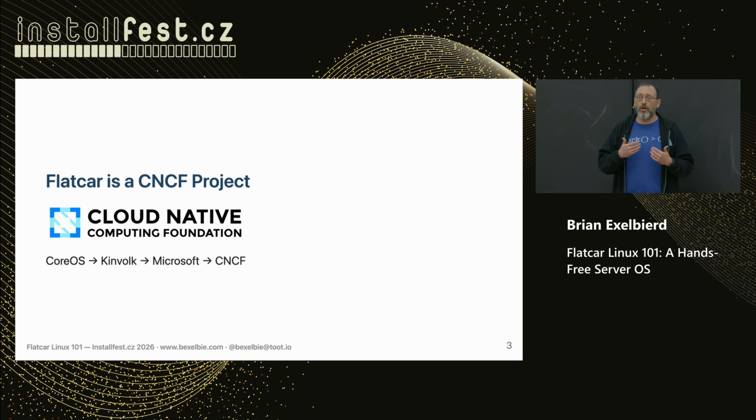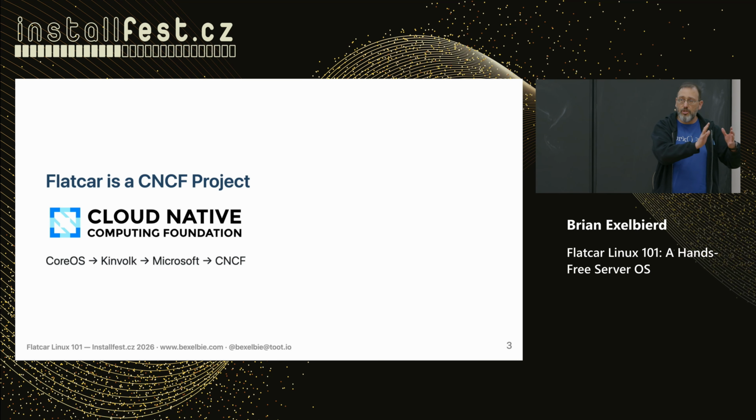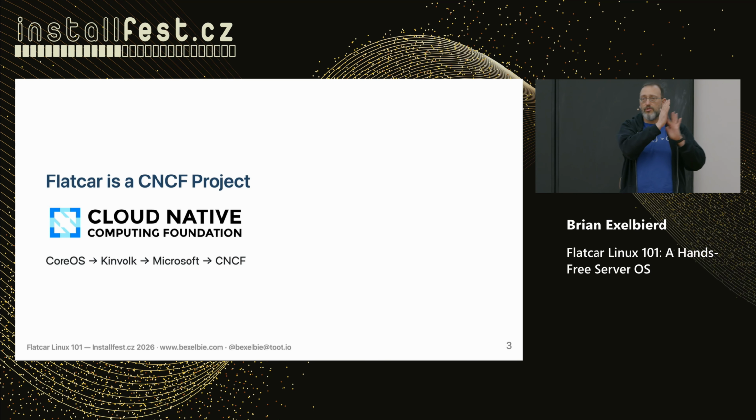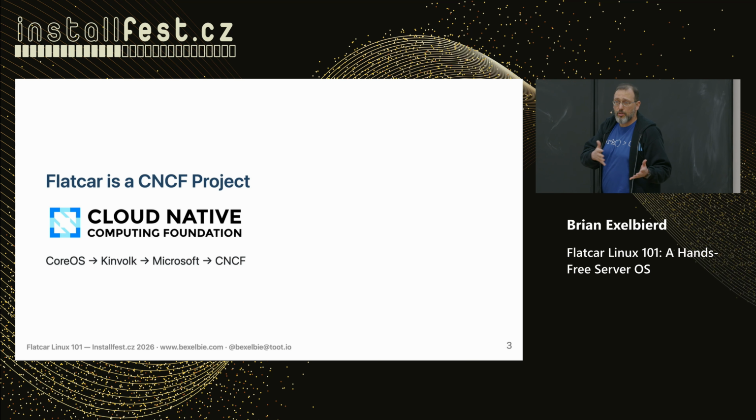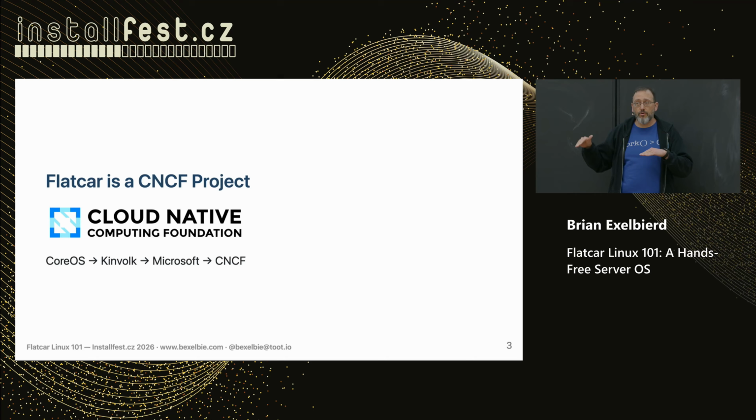Flatcar started as something called Container Linux by a company called CoreOS. CoreOS was purchased by Red Hat, and they took the code and their Project Atomic, and they mashed them together, and they now make all of the CoreOSs in Enterprise Linux: Fedora CoreOS, Red Hat RHEL CoreOS, and CentOS Stream CoreOS. But they changed the code. So another company named Kinvolk started, and they picked up the original Container Linux code, renamed it Flatcar, and kept it rolling. Microsoft bought Kinvolk about 5 years ago, and then Microsoft donated the operating system to CNCF.